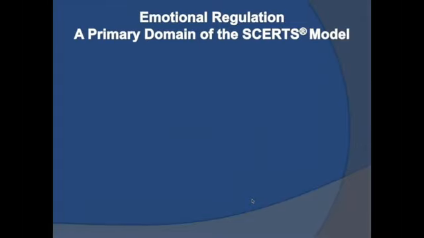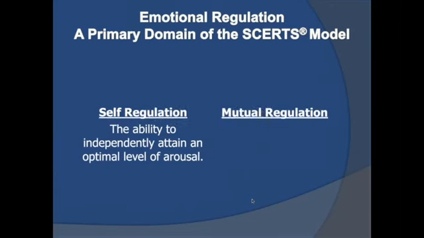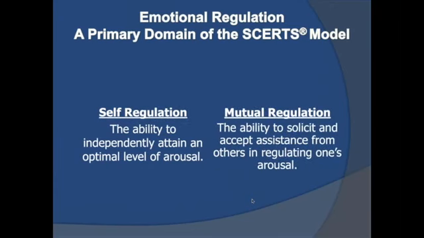The last slide would have been looking at the domains in transactional supports. There are 2 domains in transactional supports. So just like we've got social communication, we have joint attention and symbol use, so the how and why of communication. In regulation, we're looking at how they regulate themselves as well as how they regulate in the context of interaction. So that's what we're looking for in the child in those natural observations.